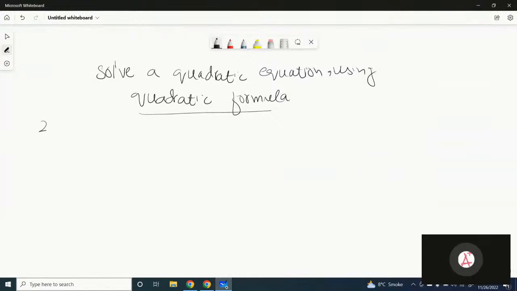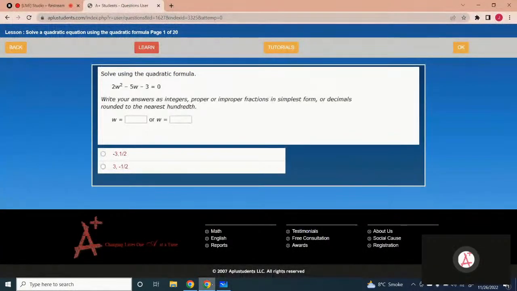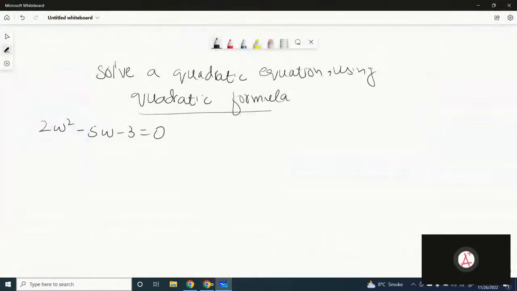Okay, the equation is 2w square minus 5w minus 3 equals 0. Let me just recheck the equation. 2w square minus 5w minus 3. Okay, you have to find the value of the w. Got it? So the quadratic formula is,